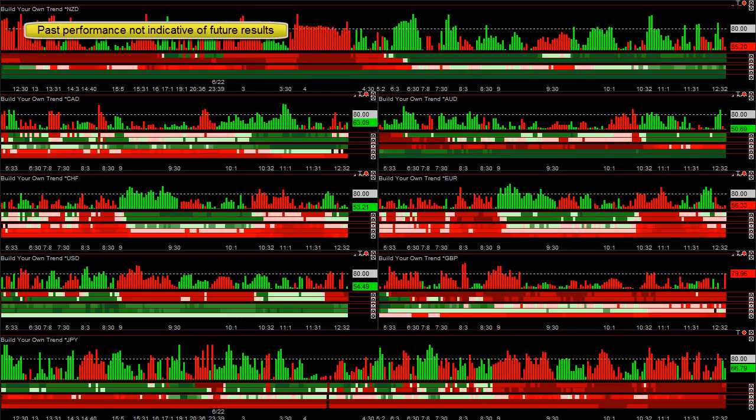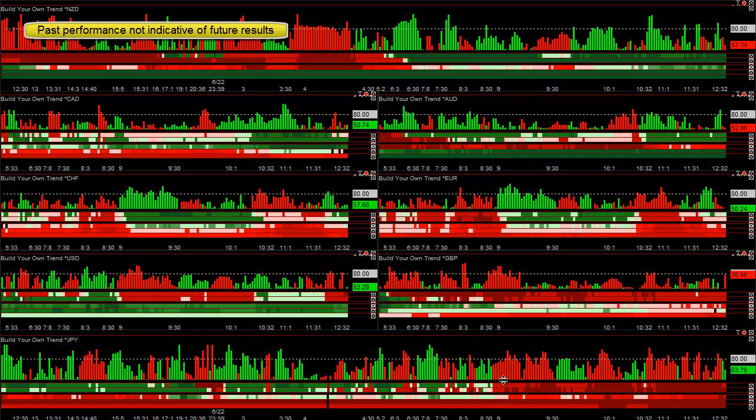So basically, our 3-step easy Forex trading system is step 1, use the currency meter to find the strong ones. Today, the New Zealand, pretty much all of them are up from 6:30 onward. The yen's one of the weakest ones after 9. Before that, the pound was quite weak. You could be looking to sell the pound New Zealand, or once the yen became really weak right here, buy